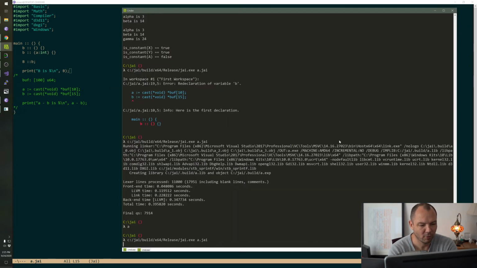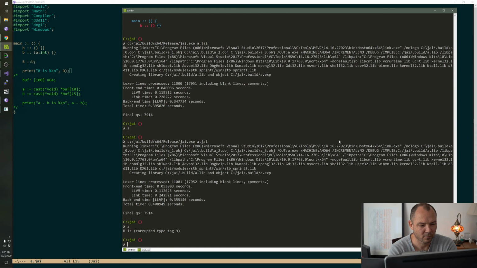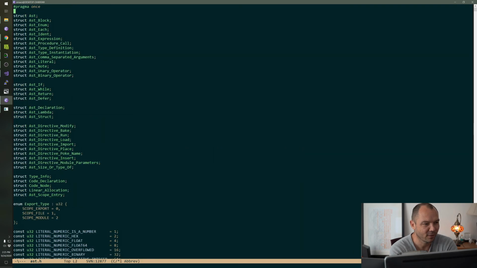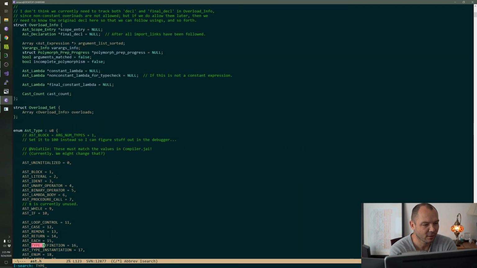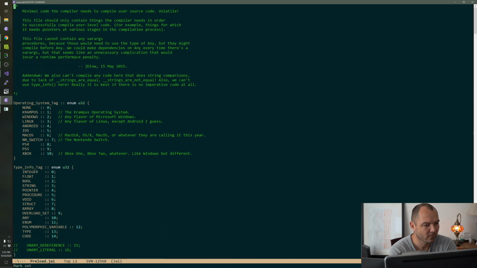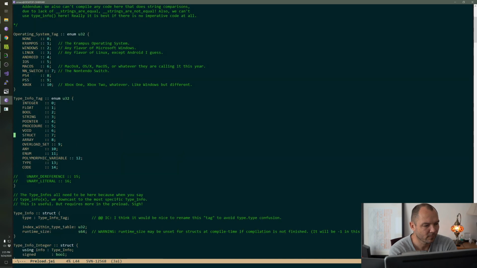What happens if I print that? Type tag 9. Print doesn't know how to handle it. It's not corrupted. It's an overload set. So the print function doesn't know that these are overloads.